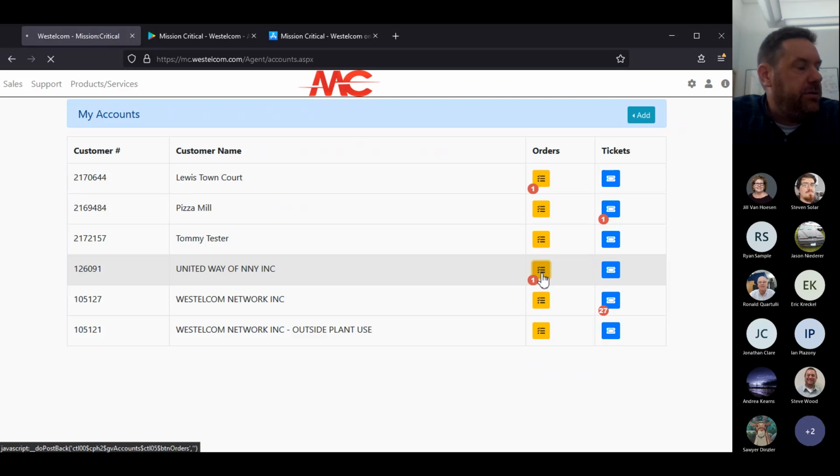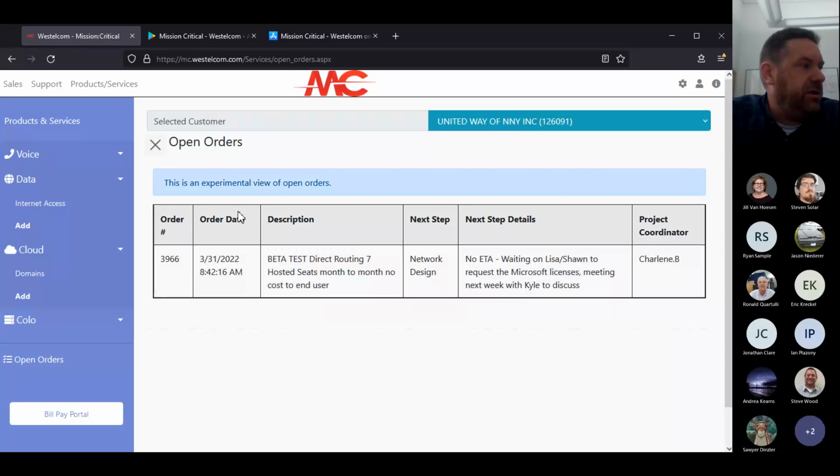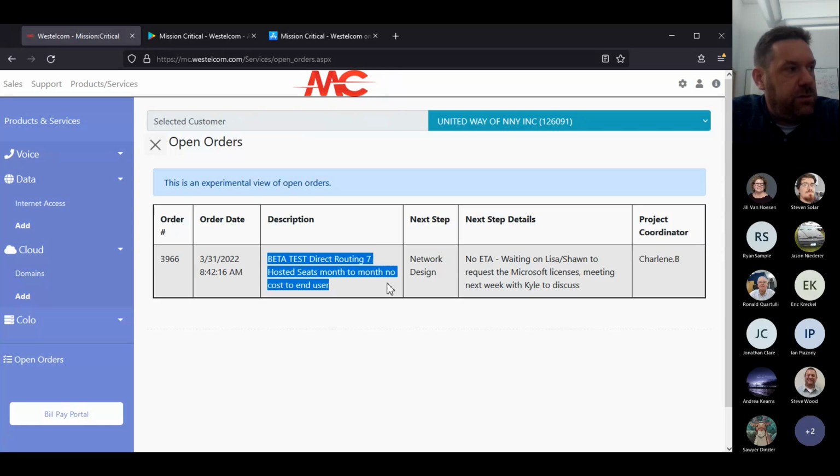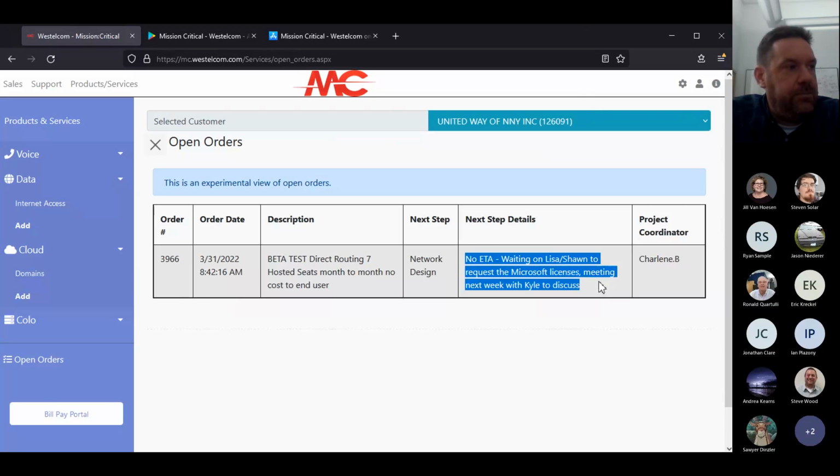So when I click on that, it's going to take me right to this page that shows me their open orders. And it will tell you where the order is at as well. So you can see that we've got an order number, when the order started, a description of the order, and then right here is what's next. So the next step in this order is network design. One of our network engineers has to put together a design for this. And then the ETA,